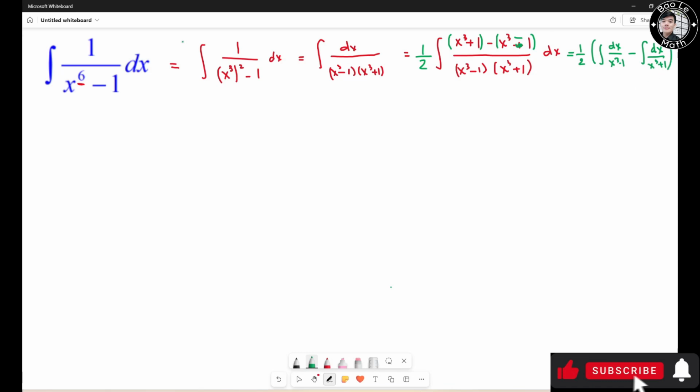Alright, now I call this one d1 and this one d2. Now I need to calculate d1 first. So I have d1 equals the integral of ds over s cubed minus 1. Alright, so in order to do this one, I need to expand the bottom. So it turns out to be the integral of ds over s minus 1 times s squared